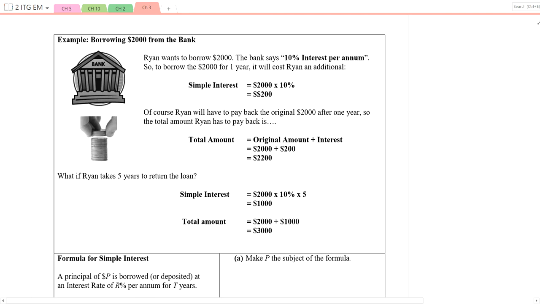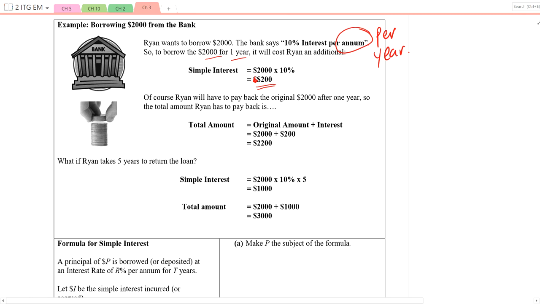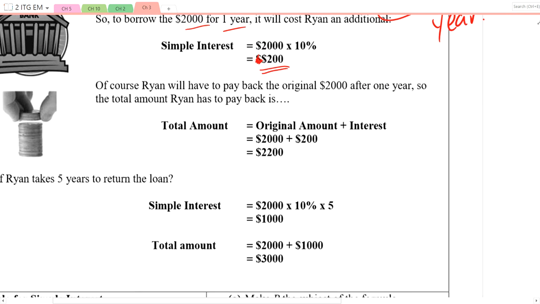So Ryan wants to borrow $2,000 from a bank, and they say that you have to pay 10% of interest per annum. This means per year. So if you were to borrow $2,000 for 1 year, he will need to pay an extra $200 interest. So after 1 year, if he decides to pay everything back, he needs to pay back the original $2,000, but this time he needs to pay an additional $200 as interest. So the total will be